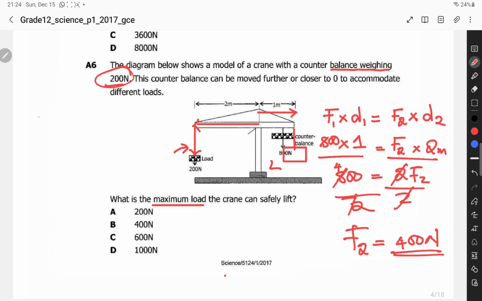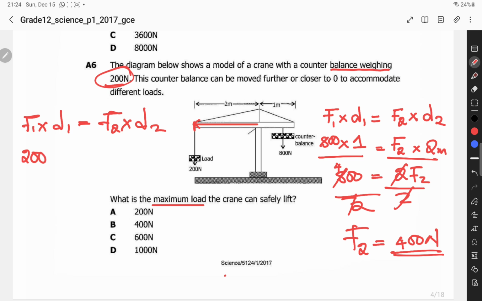Now you notice that even if you were to say, okay, let me follow what the question is saying, the counterbalance weighing 200 newtons, what would you get in this case? So in that case, how would you have worked out the problem? You see, if you took the counterbalance to be the 200 newtons, now for maximum support, it has to be at its maximum displacement, meaning furthest from the pivot, which is exactly where it is. The force counterbalance 200, furthest point, that is at 2, equals the maximum it can support, which is